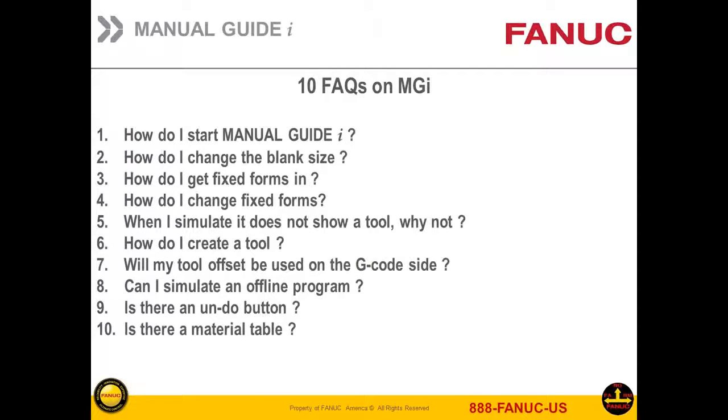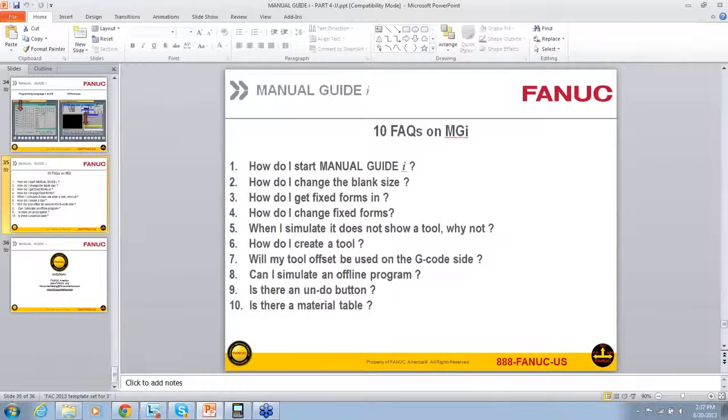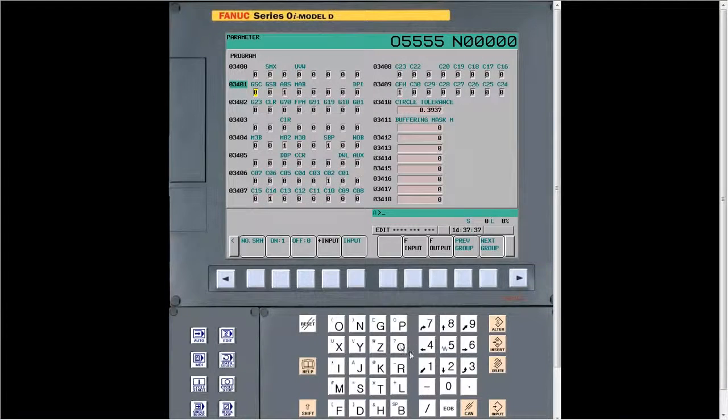All right, so at that point, I'm sort of going through all those fine-tuning parameters that I do. And now I want to go over some 10 of the frequently asked questions I get all the time, whether it's through emails or phone calls or whatever. And while I'm going through this, I want to go back into NC Guide so I can show you the answers. Okay? And we'll go here,